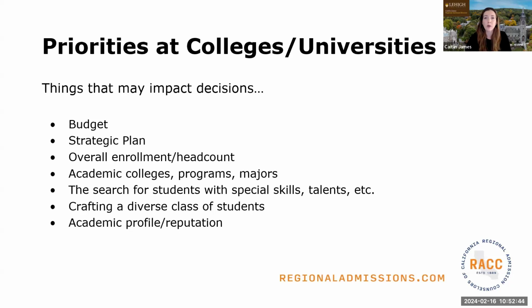Crafting a diverse class. That is going to be important to us, because we want to make sure our class is well-rounded, and that it's not only from our particular state where our university is, but maybe from all 50 states, with representation from a variety of countries around the world. That global initiative could also be really important to us. We're also looking for people of different backgrounds and types. Now, we can't necessarily consider that in the admissions process. However, it is something we do look at once we have our admissions decisions, or when we're doing outreach to encourage students to apply to our institutions.